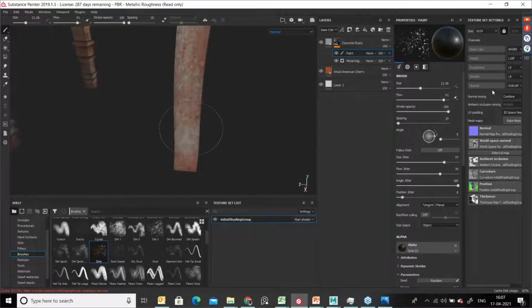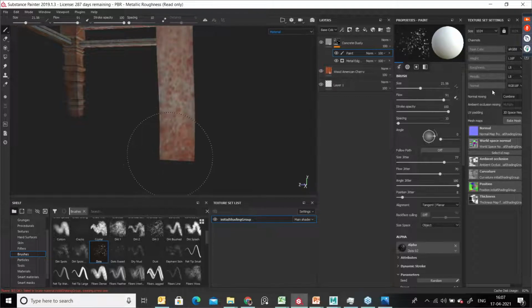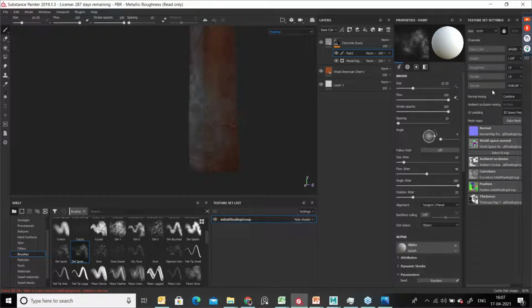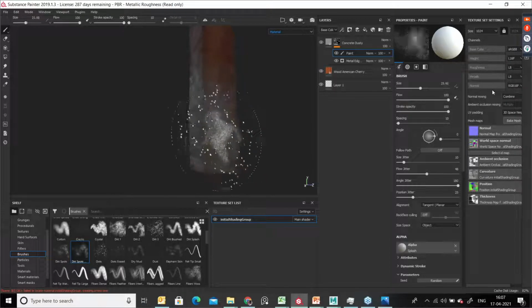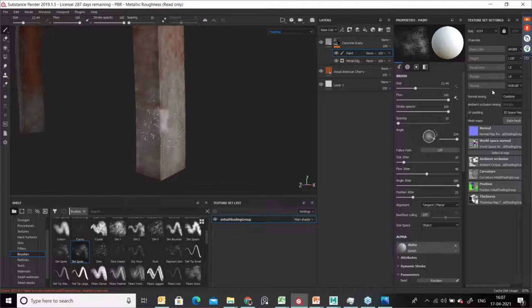I don't want that dirt, I want to remove this, yes, you can do it. And here in this area you can apply these dirt brushes, dirt spot, okay, and you can just go ahead with this, okay, and you can introduce this, okay, so you can rotate this and just go ahead with this.